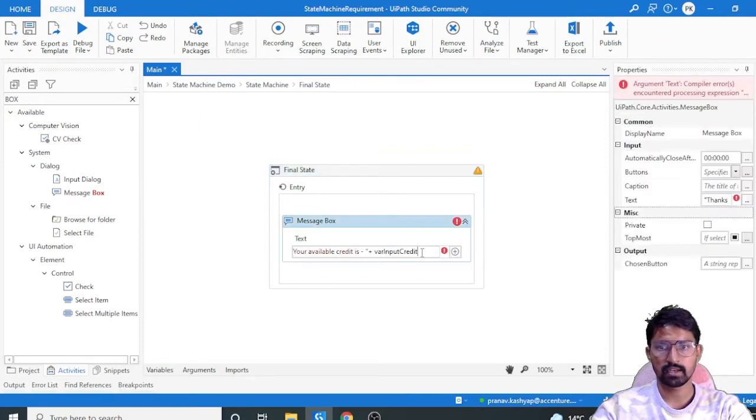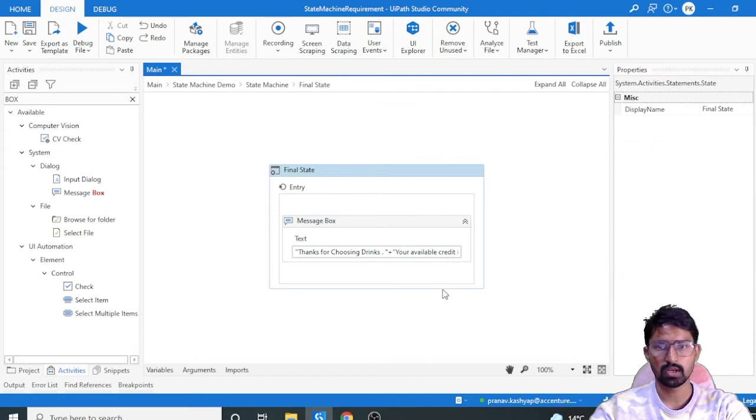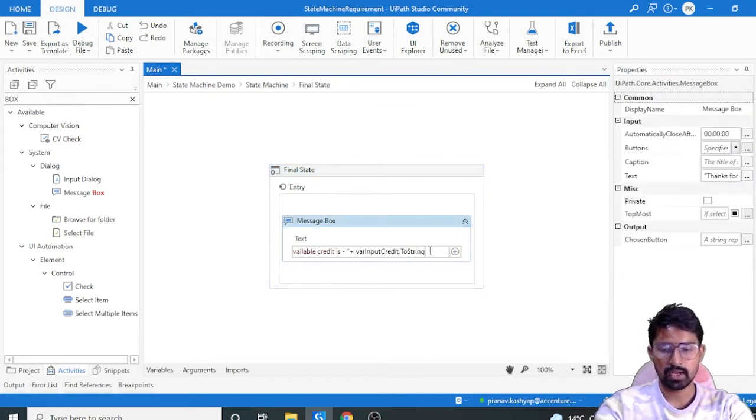Since that is an input, we need to convert it with dot ToString to make it output. And you can also write here something like this, plus in double quotes,